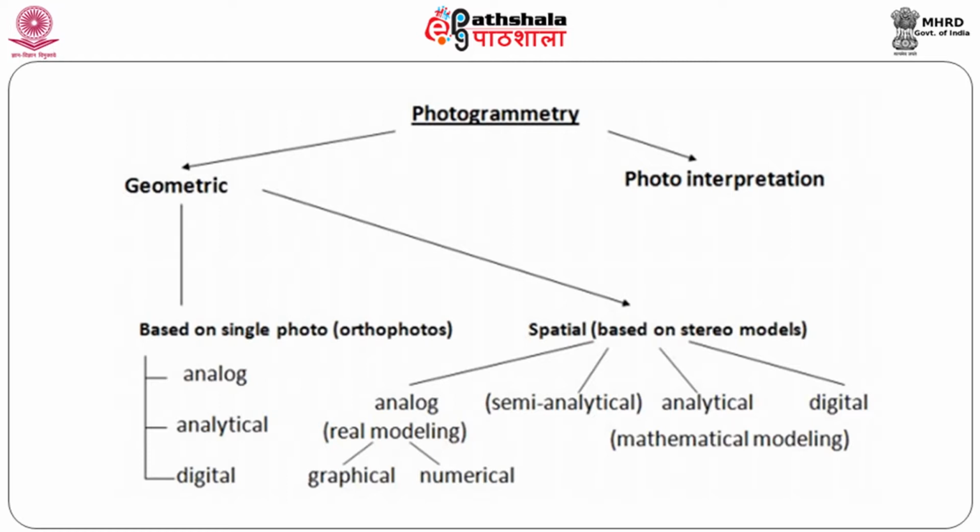So, when you talk about photo interpretation, again this geometric correction, when you go on stereo models, when you talk about spatial, when I am going to make a kind of measurement, measurements are made in 3-dimensional. So, using similar plotters, instead of just generating a single photograph, we use a stereo model, that is 2 photographs, and then similarly we also go for analog, which is both graphical and numerical, semi analytical or analytical, and digital.